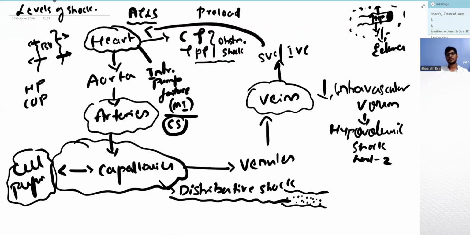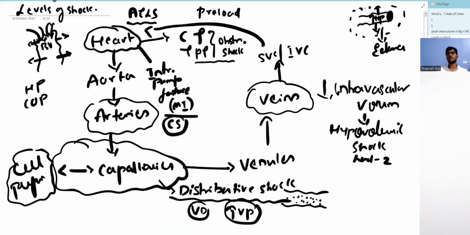There's also one more pressure called oncotic pressure, which is because of the hemoglobin and the presence of proteins inside, which tries to draw the blood inside. So if proteins are reduced, colloid oncotic pressure is reduced, and all the fluid will go outside. So distributive shock happens if there is a vasodilation. Obviously, there is increased hydrostatic pressure because more blood flows, there is more pressure. So distributive shock can happen if there is either vasodilation or increased vascular permeability.